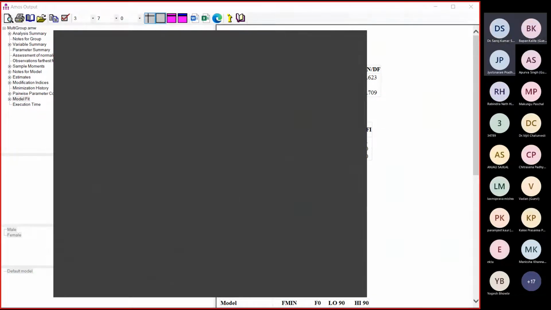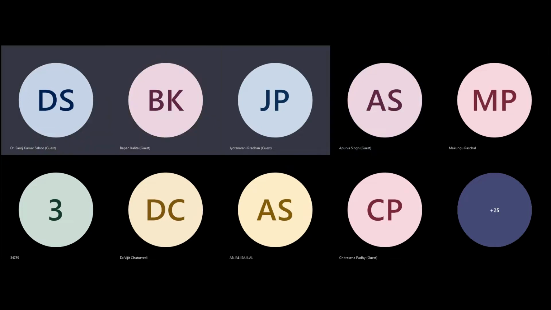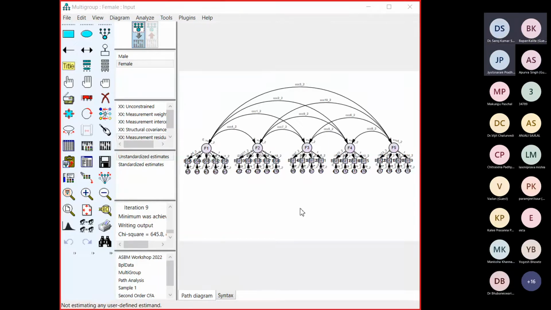Just a minute, sir. Please close the output screen. Go to the AMOS model, share again. Go to the AMOS model. Yes, sir. Click on the